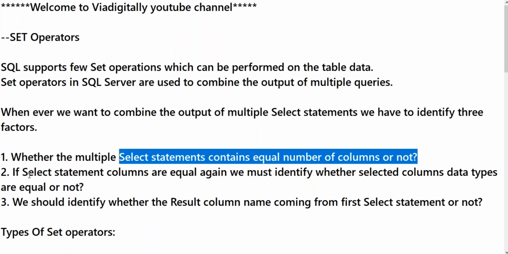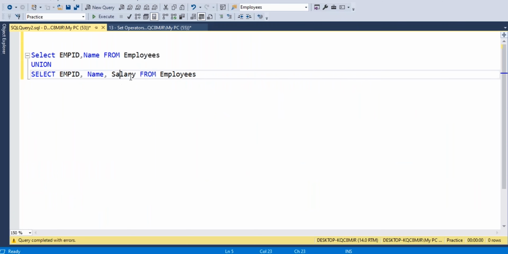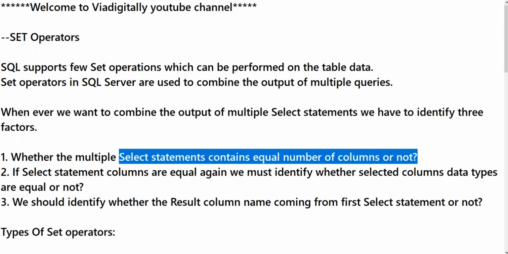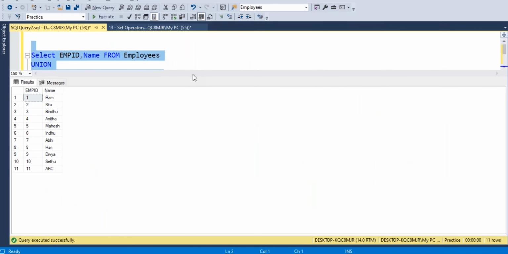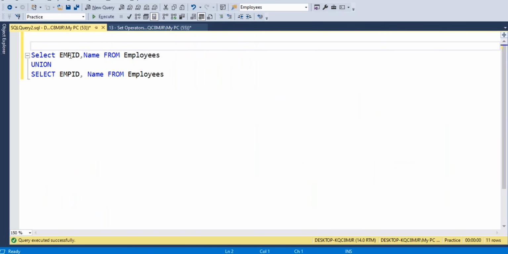Then the second point: if the select statement columns are equal, if we define the same number of columns, it will return the result, but it should also identify whether the selected columns have the same data type or not.